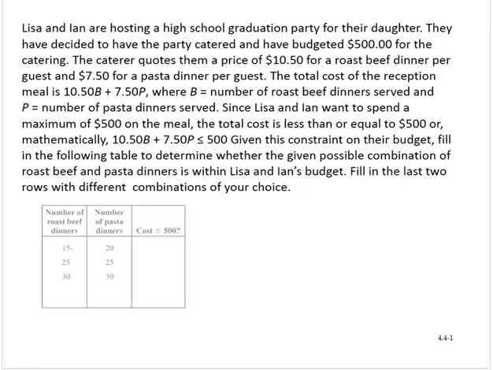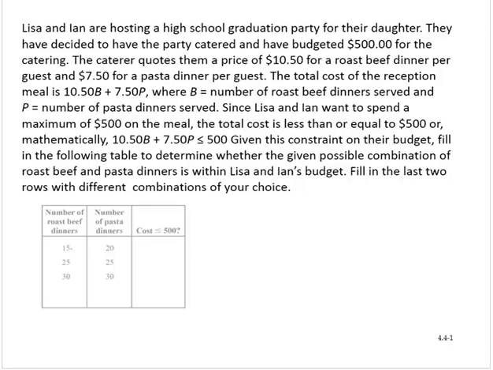Lisa and Ian are hosting a high school graduation party for their daughter. They have decided to have the party catered and have budgeted $500 for the catering. The caterer quotes them a price of $10.50 for a roast beef dinner per guest and $7.50 for a pasta